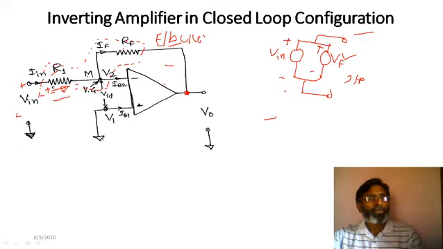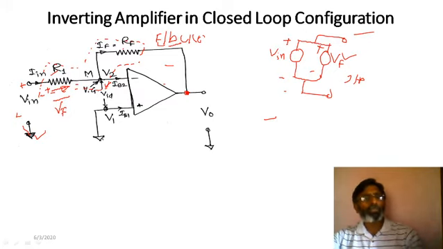Now the potential across this R1 is our VF. So for this VF, this plus is connected to the plus, and this minus, where the minus of V1 is connected to the ground, is also connected to the ground. So this is also ground, and these two are shorted. Similarly, VF and V in will be in parallel. So this is known as voltage shunt feedback.